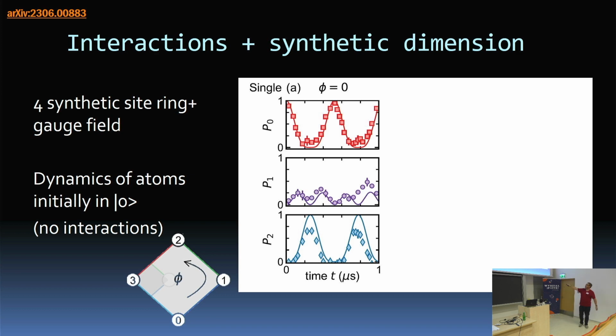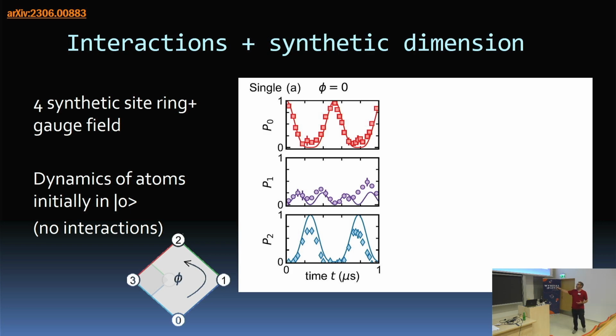And so this is the data of the populations in the 0, 1, 2 states as a function of time, and you see this is exactly what happens. I start in 0, that decreases, I get a little bit of population transferred to 1, the 3 state isn't measured, so the population is presumably equally split between 1 and 3. That's why these populations are lower than the 0 state maximal population, and then it gets transferred to this 2 state. Things coherently interfere. What's going to happen when I apply a gauge field?